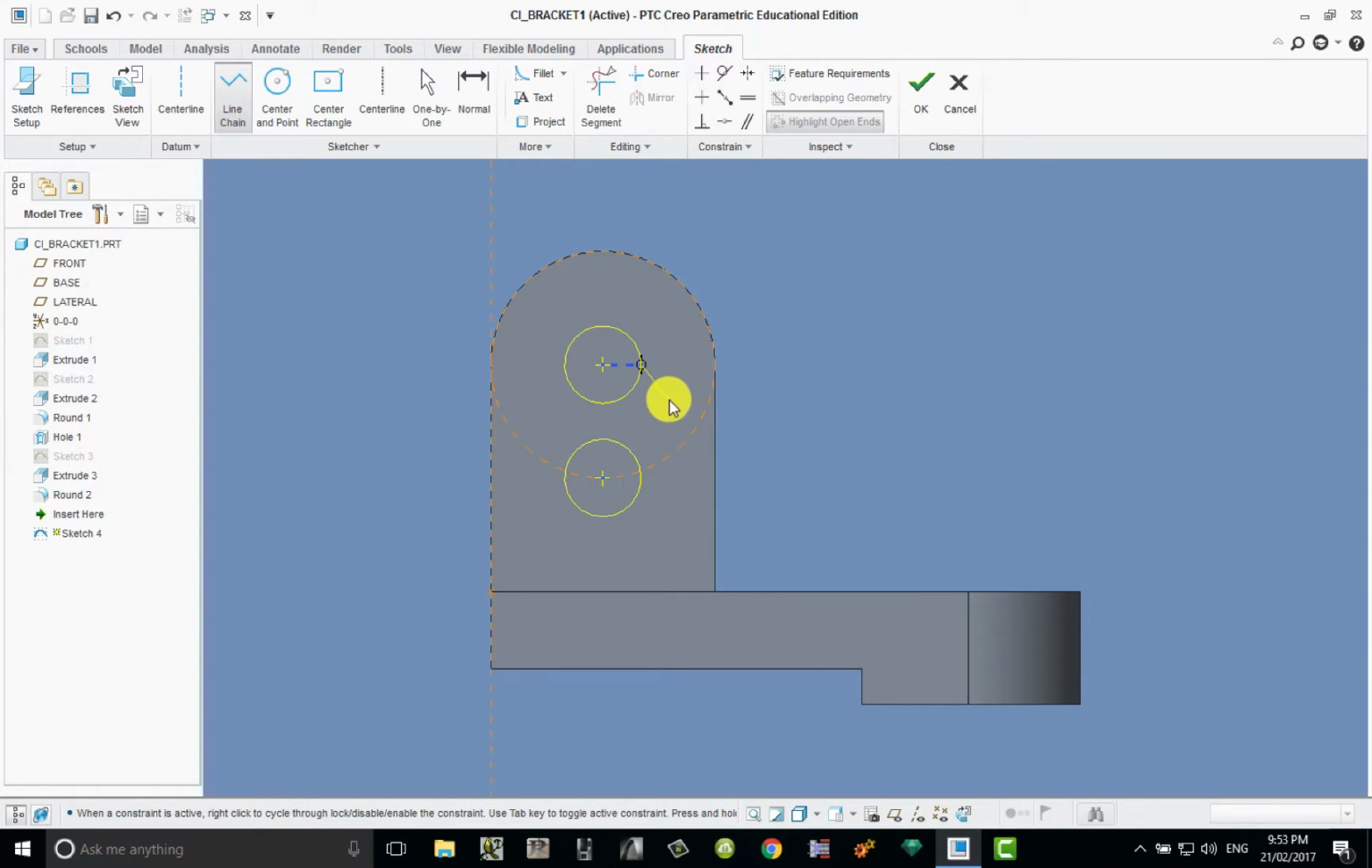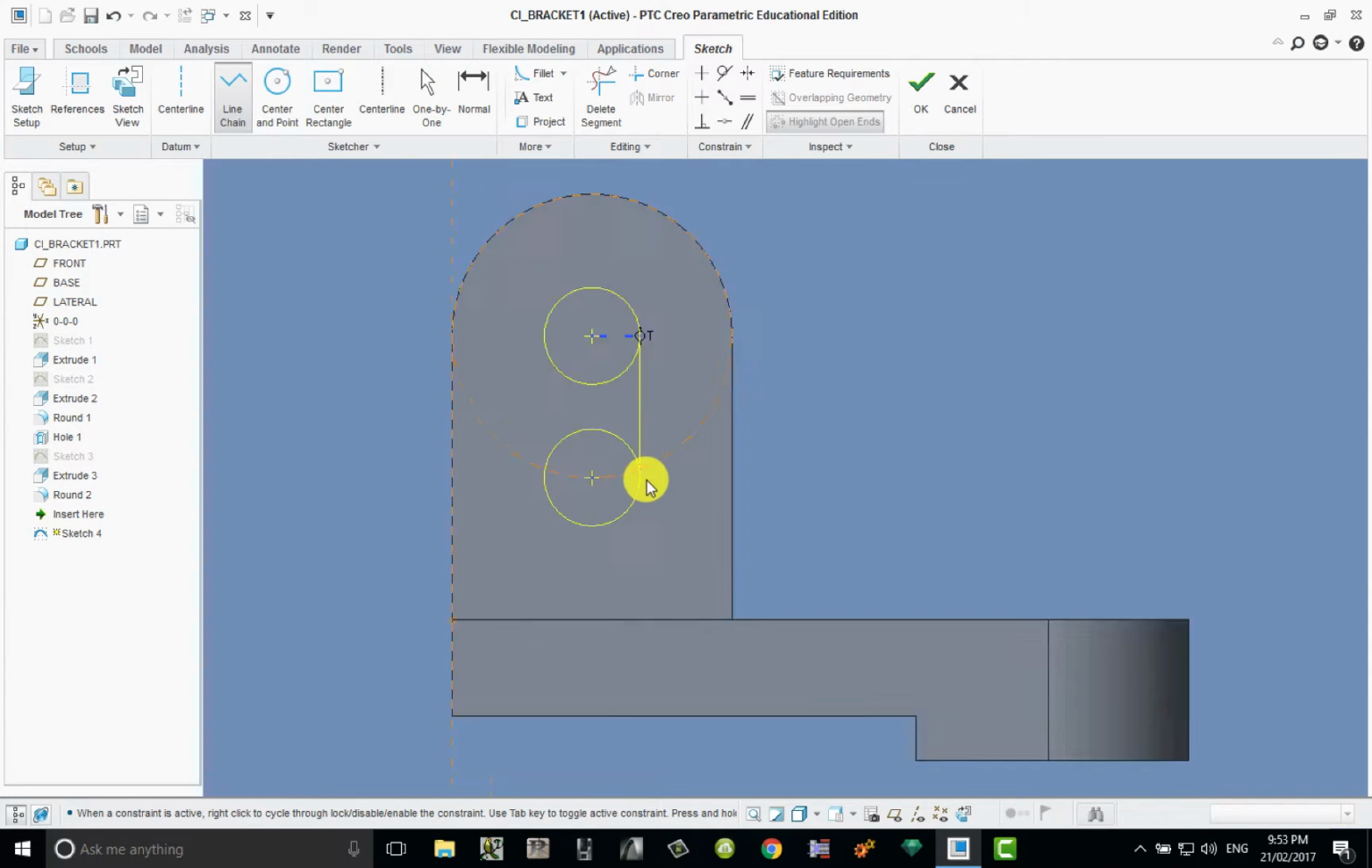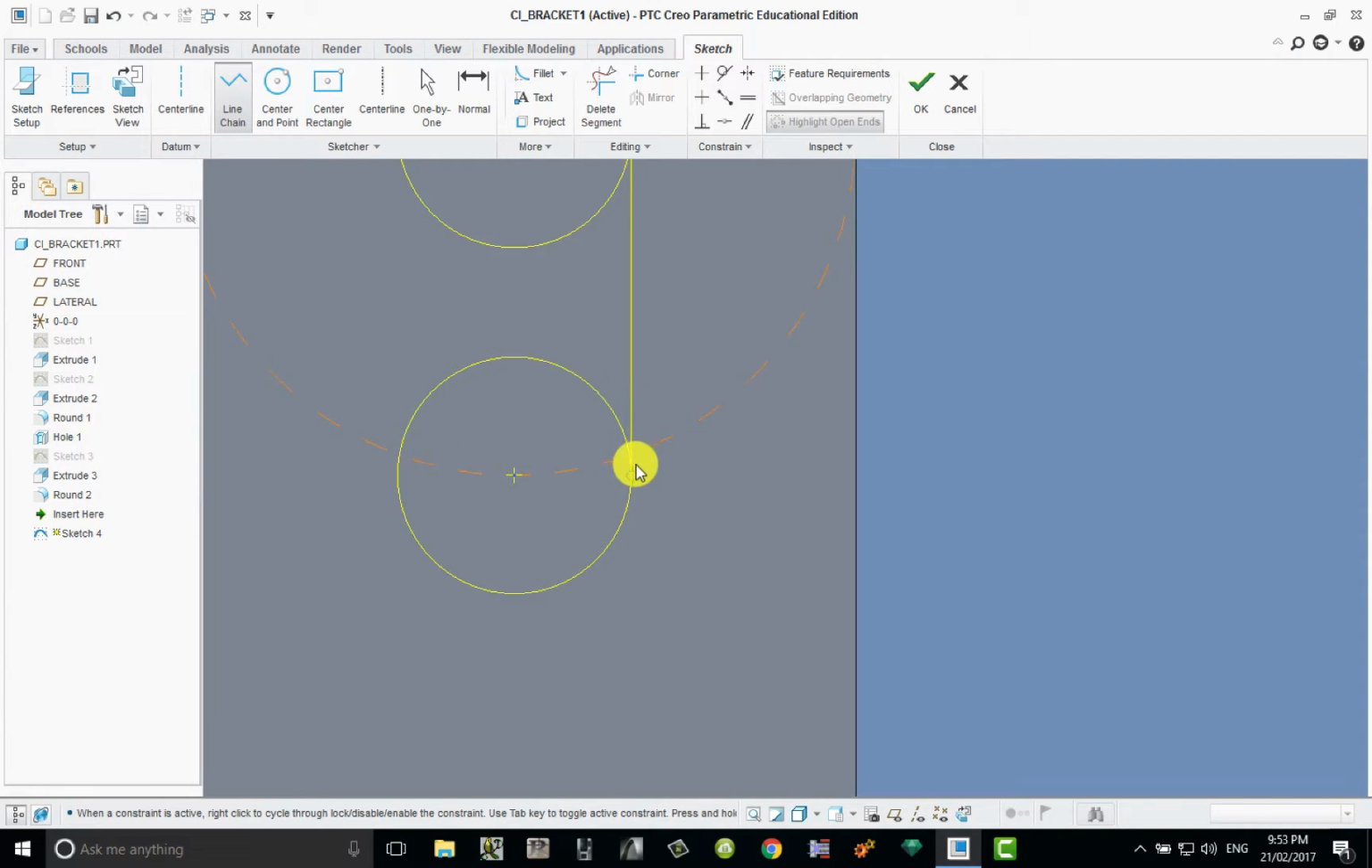Sorry, actually the line. Bring it down, and if I just bring my cursor a little bit further, see that T that pops up? I'll just zoom in a bit, it's a bit hard to see there. There's a little red T that pops up as I get close to the center of this one again. Now that T stands for tangency, which is what we're after, a line that touches the edge of the circle